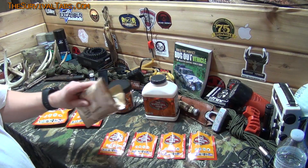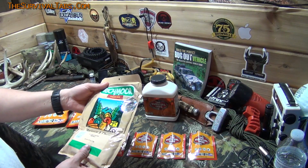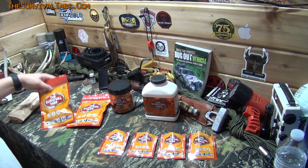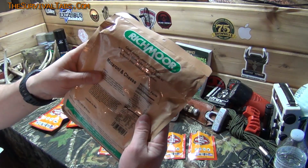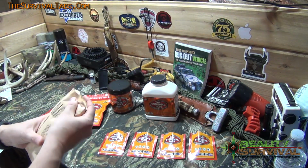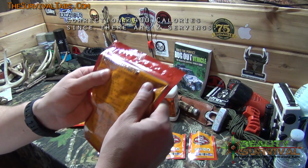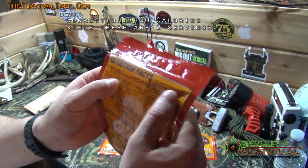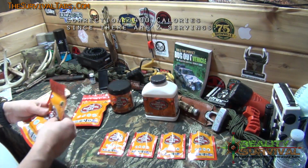So okay, the other thing I wanted to do here real quick is compare the size and all that on a dehydrated food. So this is just like a Richmoor macaroni and cheese meal, which offers 200 calories basically, and we'll put that next to this. A serving size is 12 tabs, and that gives you 240 calories, and there are 2 servings per container. So we've got 24 tabs in here,